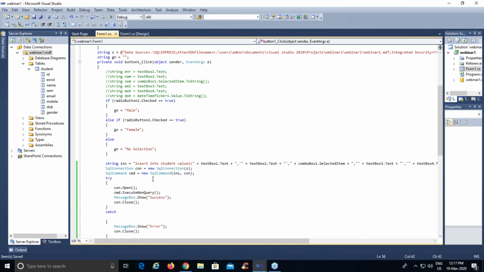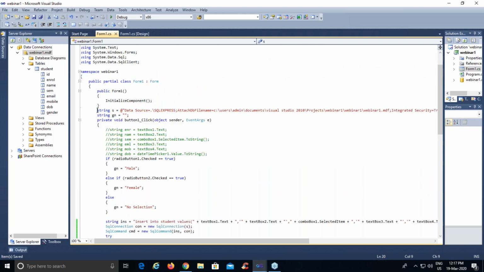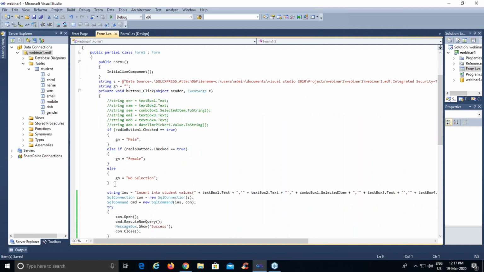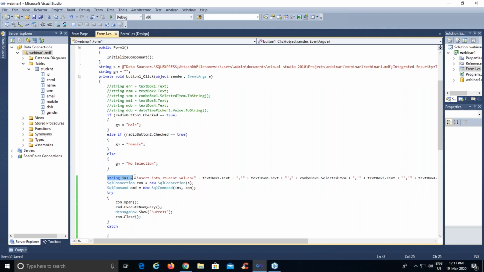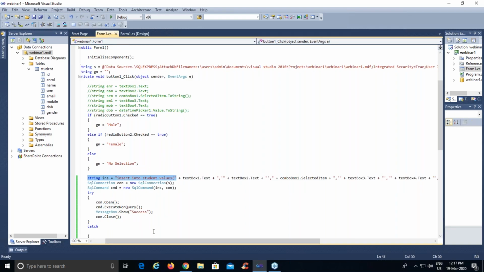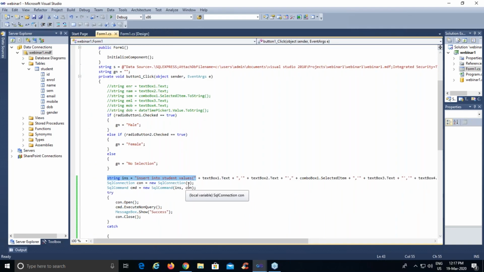Right? So again, just quickly repeating what we have done. We have established a connection string. We have imported two namespaces required by your .NET application. We have taken input for radio buttons, and then we have created one query of inserting a data using the columns of your table as well as the controls that you've used in your design. And then we created one SQL connection class in which we have passed a connection string.